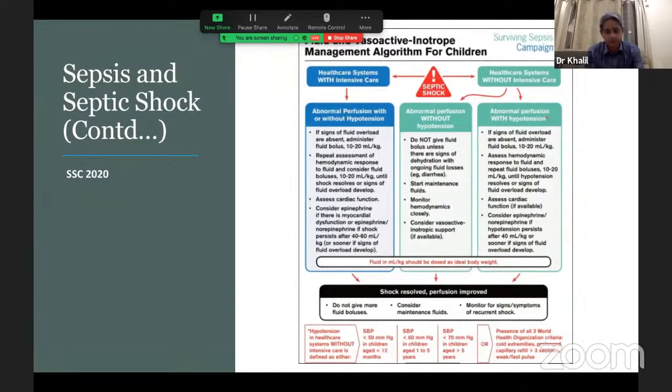Beyond, if shock persists even after giving 40 to 60 mL per kg of fluid, or sooner if signs of fluid overload develop. See, all the children may not be fluid responsive. So again, it has been seen that 50% of the children with septic shock may not respond to fluid. It's all to do with where your heart is operating. You have a